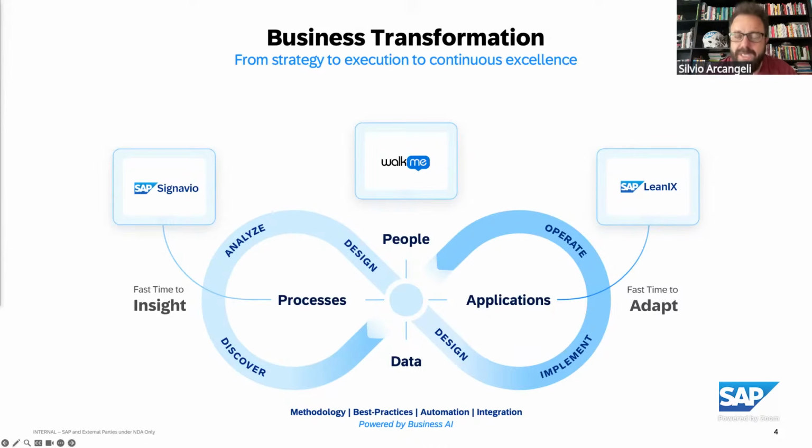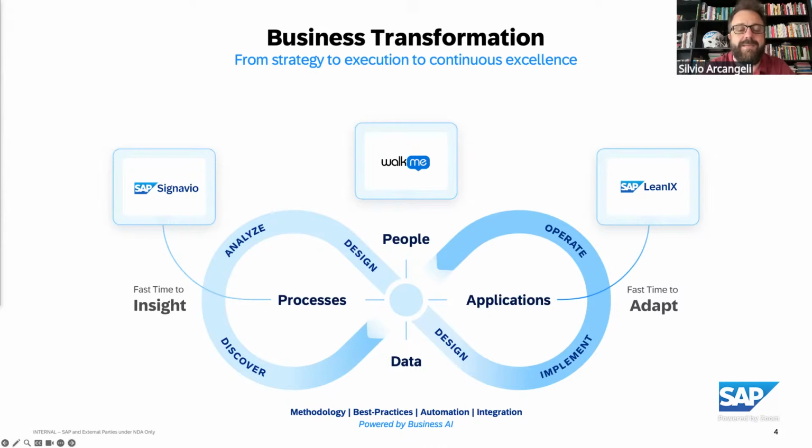And in order to do that, we are part of a newly established portfolio within SAP, since a little bit more than a year, which is called Business Transformation Management, that focuses exactly on that: to join the dots across the main pillars in each and every organization that influence whether or not the business can be successful in transforming, adapting, and becoming more successful. Those dimensions and pillars are data, processes, applications, and of course, people, right?